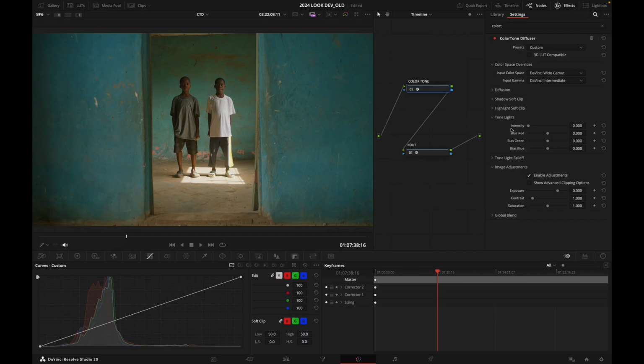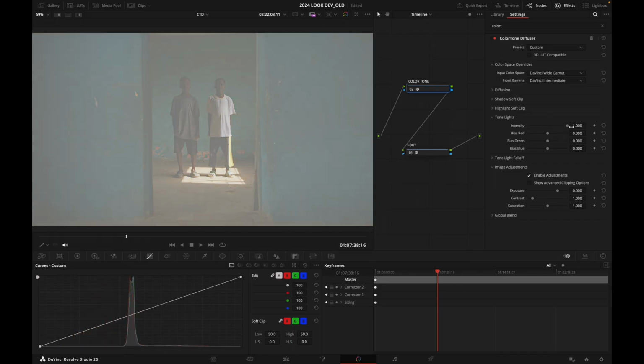First, I'm going to go in and check in my tone lights parameter, and see that intensity slider. I'm going to crank it all the way up. Okay, so my image is going to get washed out like that, and I'm going to crank my red slider all the way up and my green slider almost all the way up, right? And we want to create that tobacco feel, okay? And I'm even going to reduce my blue slider just a little bit to inject a bit of yellow into my image. And you're probably going to think, well, Douglas, this image looks absolutely worse than what you started from,